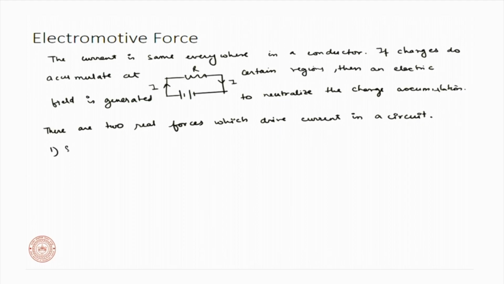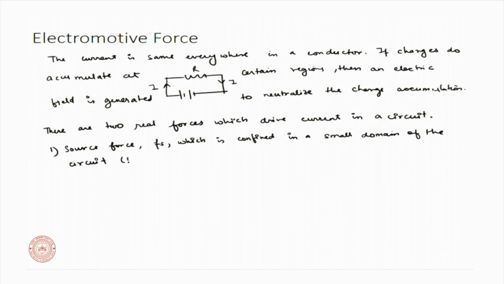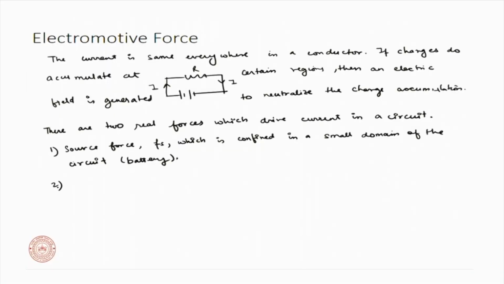So, the first is called the source force, Fs, which is confined in a small area or a small domain of the loop or the circuit, typically a battery. Right. So, your battery itself will be having some potential difference that is driving the circuit, and this force within the battery itself, it is Fs, that is your source force, and the second force is your electrostatic force,